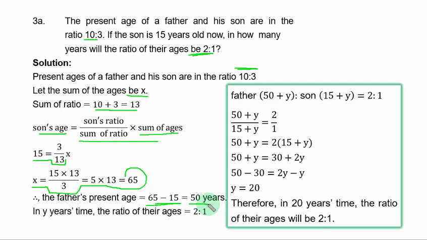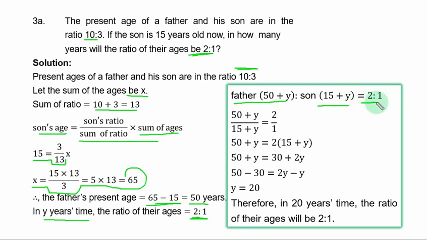Now, in how many years will, that is into the future, you don't know. So in y years into the future, the ratio of their ages will be 2:1. Into the future, that y is added to the father's and the son's age. So the father becomes 50 plus y ratio the son 15 plus y, and that ratio will be